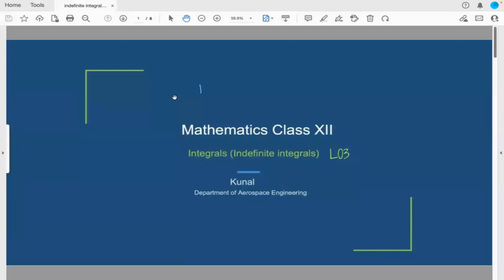And currently, we are reading about the indefinite integral. And today is our lecture 4. So, in last class, we dealt with the technique of